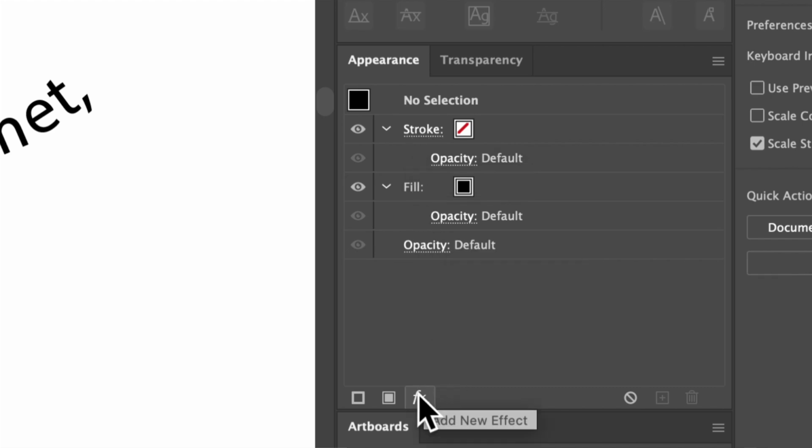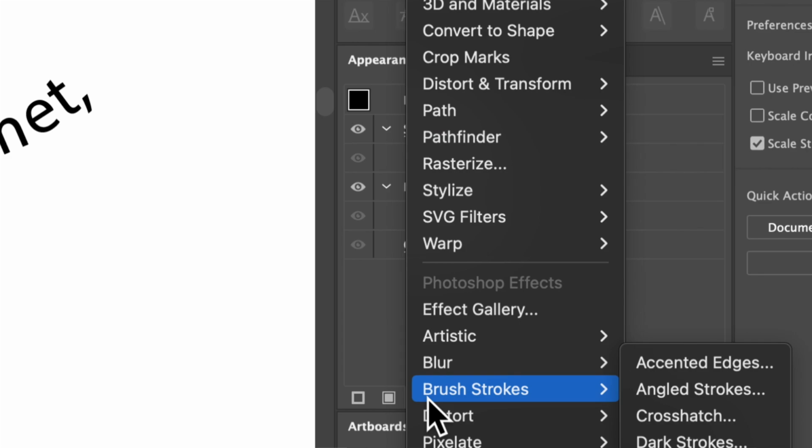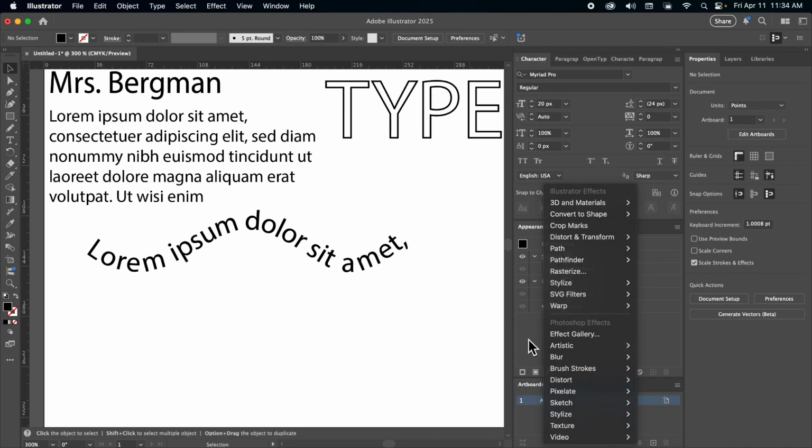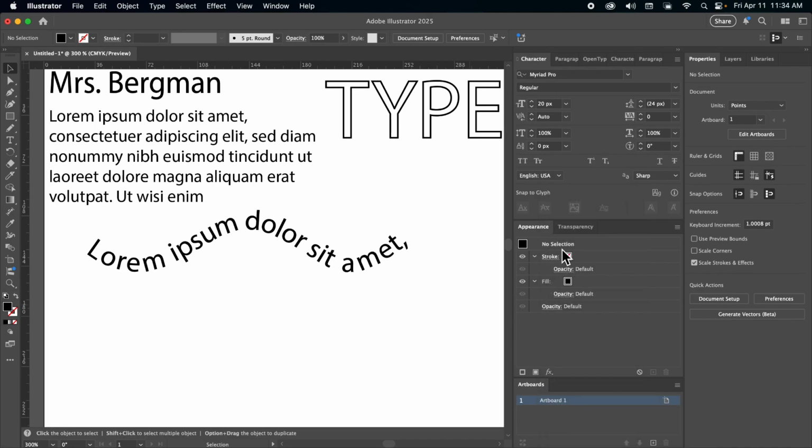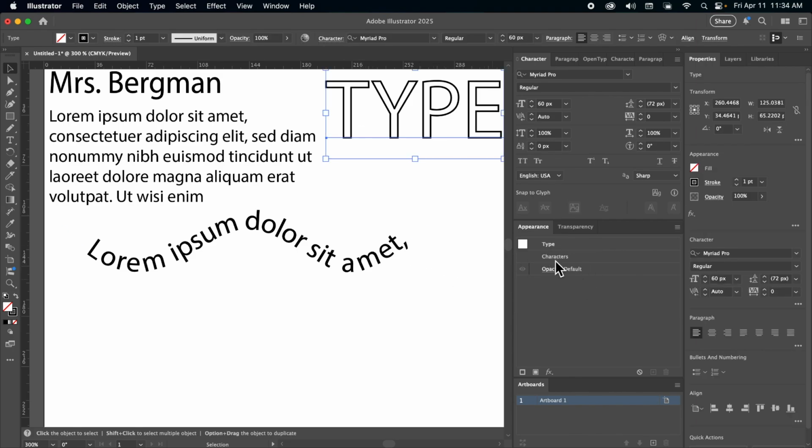To add special effects, there is a button down here. It says FX, which is short for effects, or rather representational of effects. And this is going to open a big old menu with lots of options in it. So, appearance panel. Right now I don't have anything selected, so it says no selection. Once I have something selected, it will tell me I have type selected, there are characters selected, and right now the only thing that's affected is the opacity, which is set to default. So basically this appearance panel is telling me appearance normal. Nothing has been changed.